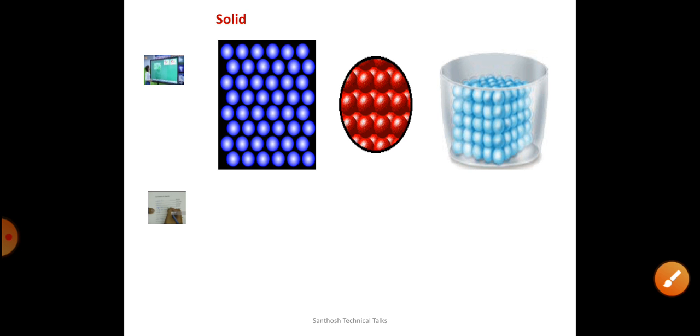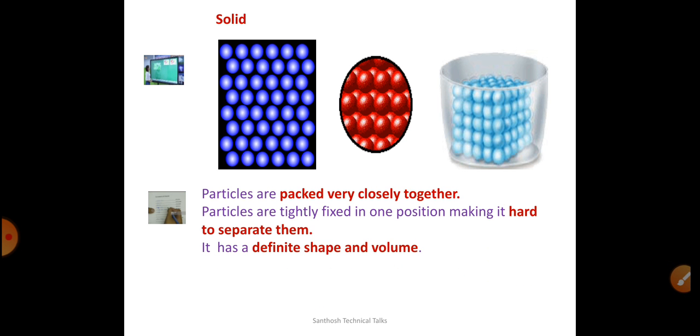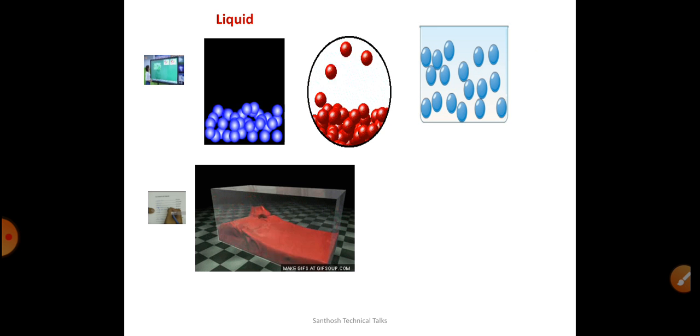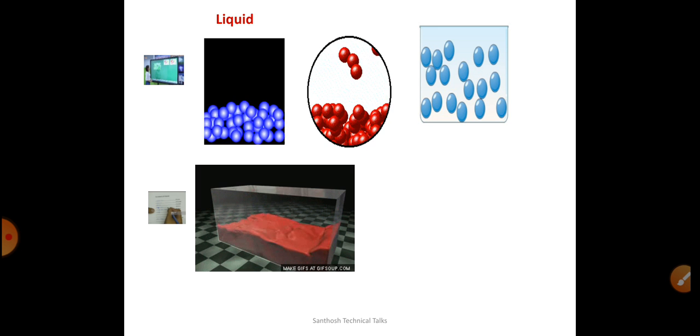So here it is a solid. Solids are closely packed. The particles are very closely packed, tightly fixed in one position, making it hard to separate them. So the solids have a definite shape and volume, whereas the liquids,